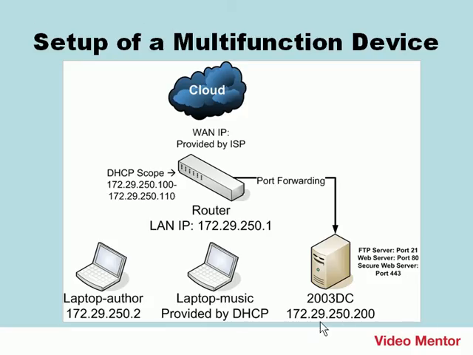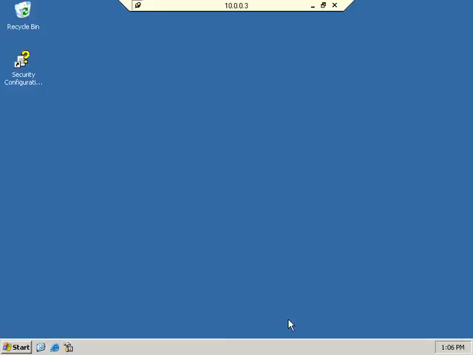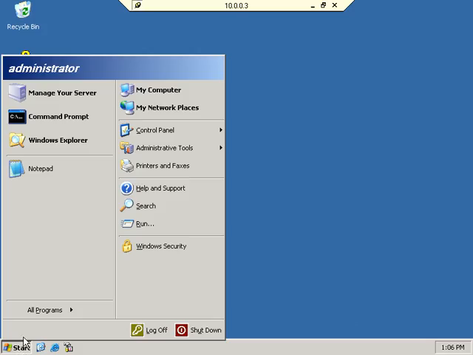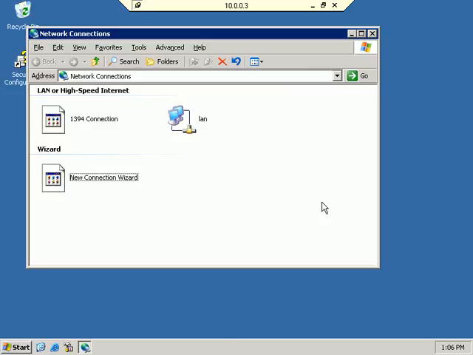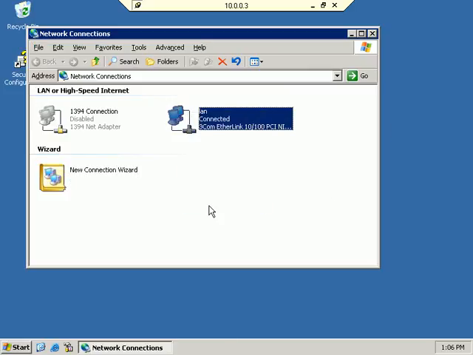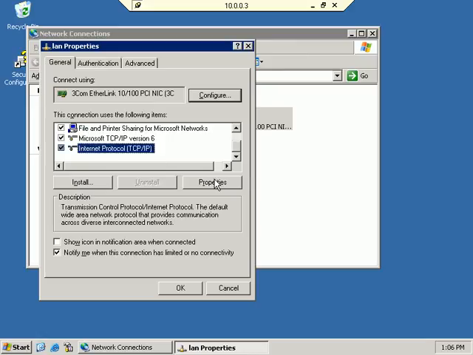Now, as I showed here, I want my server to have a static IP address of .200. So I'm going to need to configure that now. I'm going to connect remotely to the server. Right now the server's on the 10 network, and I just happen to have another IP address bound to my laptop on the 10 network, so I can connect to that server coincidentally. So I'm connected to the server, but I want to modify the server's IP so that it can have a connection to the router. So we're going to go to the LAN connection, go to Properties, and modify the IP address,